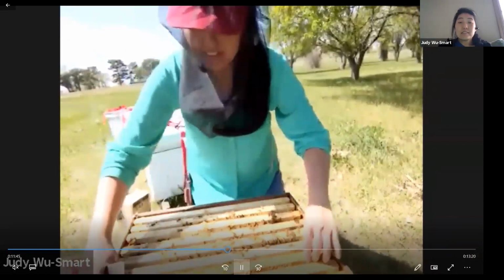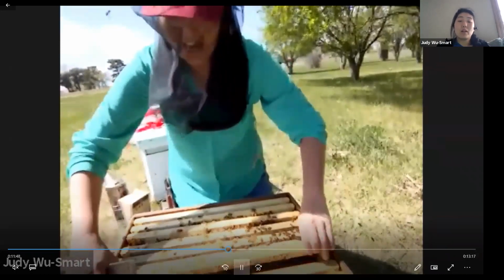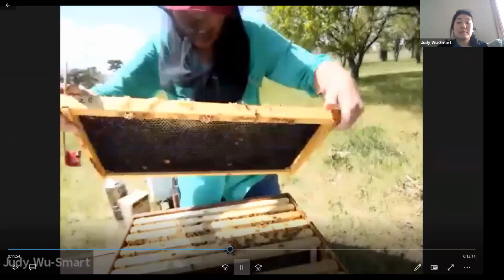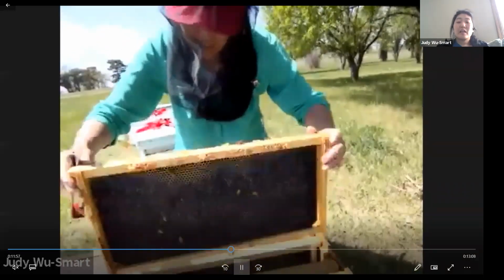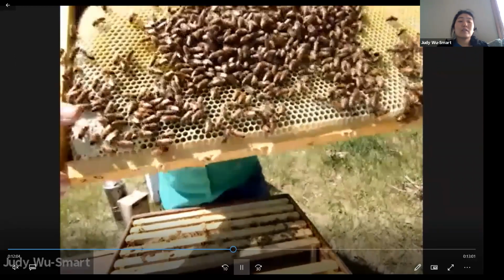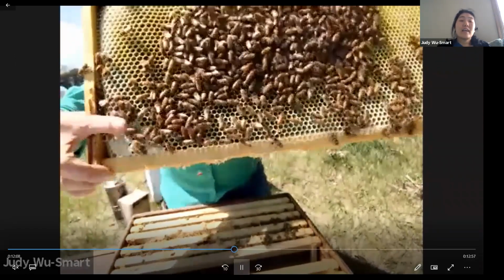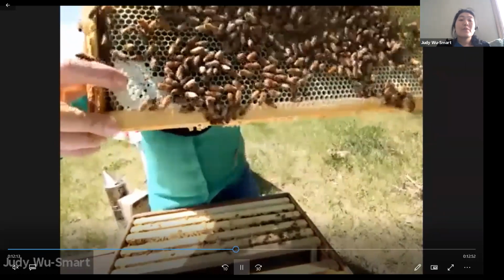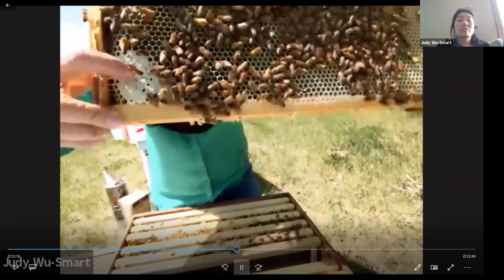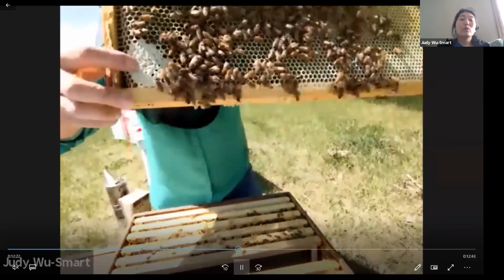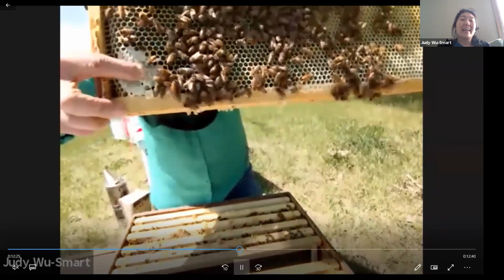Then let's see if we can see some of this honey and pollen that is being brought in by the foragers and then stored by the house bees. Now you can see this frame right here has one side that is empty and the other side that is drawn out. And here, that side, right here where those cells are capped, is honey. Inside the cells where there is no capping, there's actually a liquid in there, and that is nectar. So honey is essentially nectar that has been processed, and most of the moisture has been removed, and the bees have incorporated their own salivary and digestive enzymes.